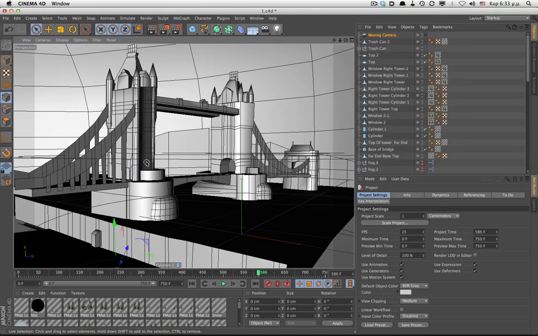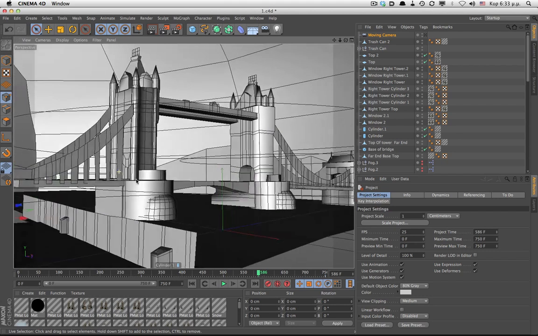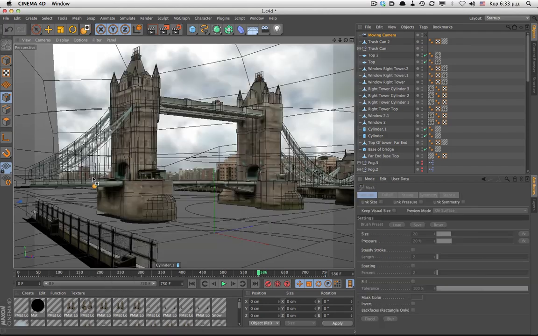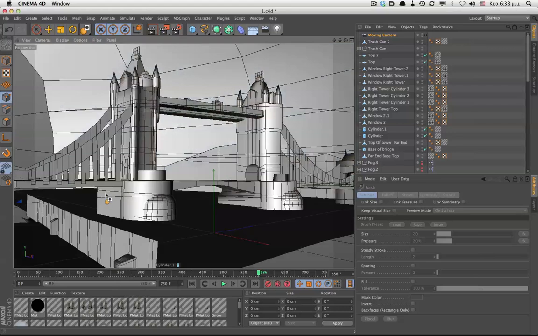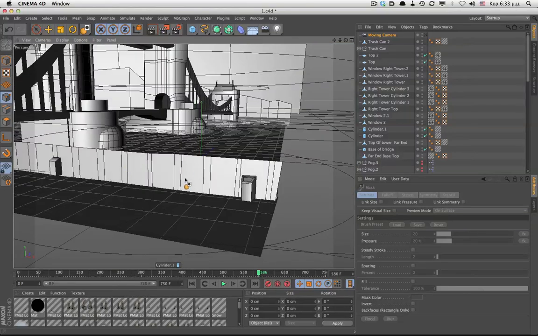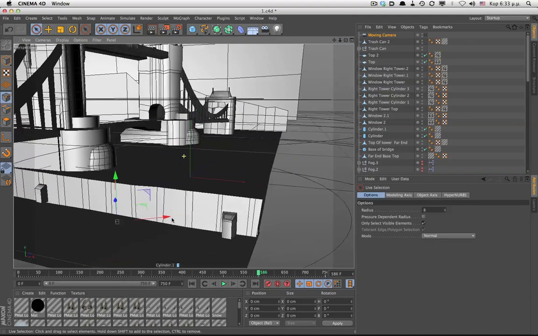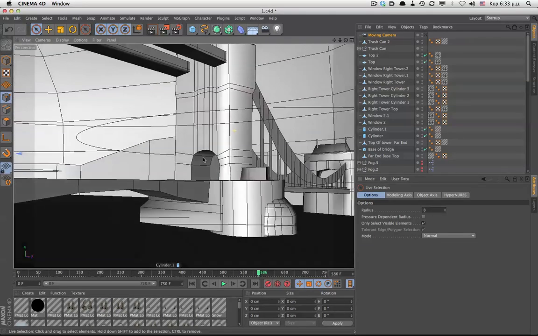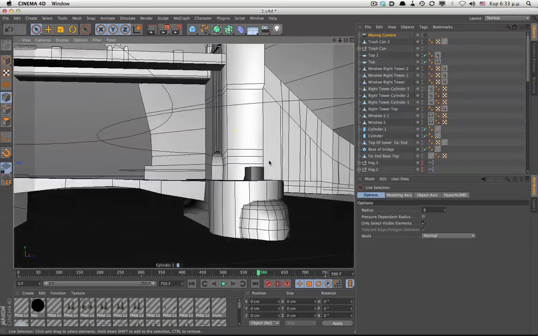For example, the object describing the bridge is just a modified plane object with some extrusions for the wires of the bridge. The same goes for the steel fence in the foreground. The rest of the scene is just a few modified cubes or cylinders, etc. Really easy stuff.